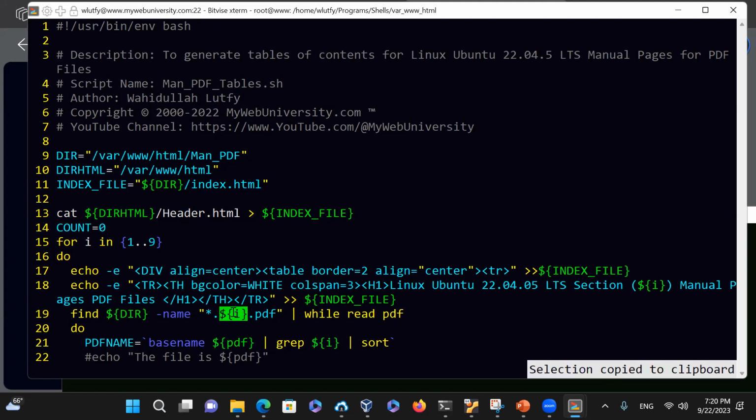Notice this variable, I'm just getting from i 1 to 9. So this is very important for you to do section by section, and then go to a while read PDF, put it into this variable, then I just parse it to the do, and then I just get the base name from that PDF file, and then sort it and everything,